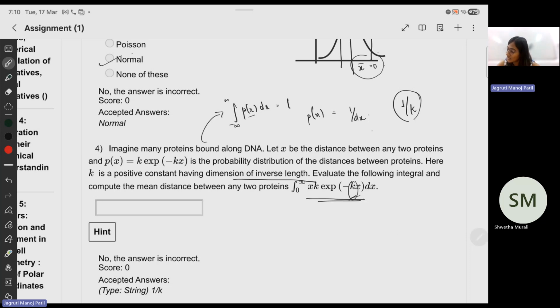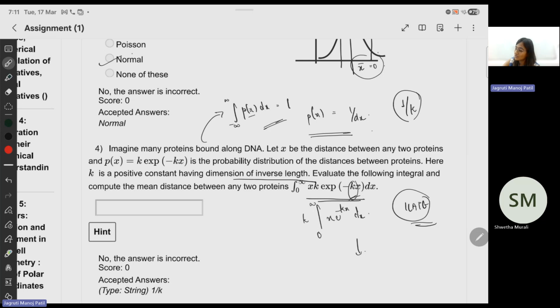I don't know what will come if we evaluate the integral. It is xk, so k will essentially go out, 0 to infinity, and then you have x exponential of minus kx dx. And then you'll have to follow it here. Try solving this. I don't know what comes after that. I don't even know if it would come as 1 by k square or something. But if you follow this logic, it's finite, right? And when it's finite, this has an inverse of length. That's what they also told us. And this exponential follows k here. So it's nothing but 1 by k, the inverse of k. Okay.